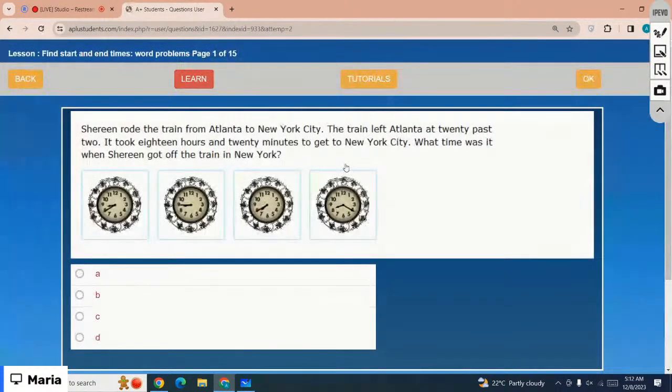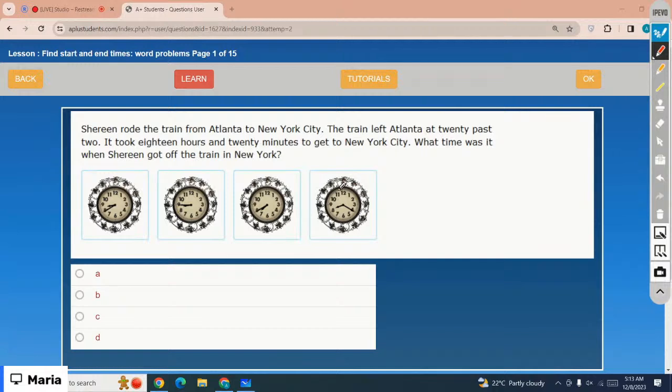Okay, Shireen rode the train from Atlanta to New York City. The train left Atlanta at 20 past 2. It took 18 hours and 20 minutes to get to New York City. What time was it when Shireen got off the train in New York? Okay, so you have to calculate the start time and the end time also, right? 20 past 2 means